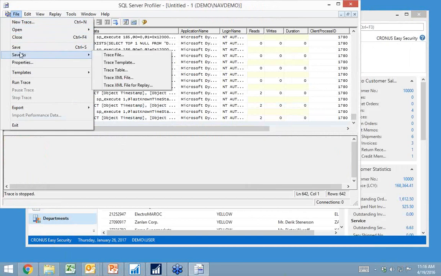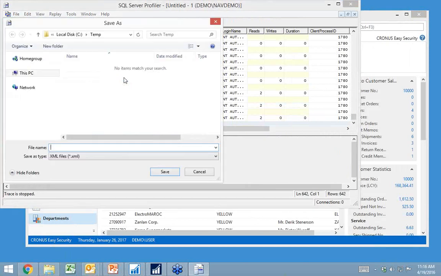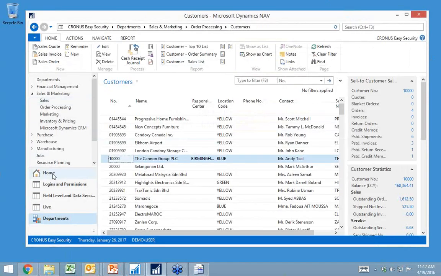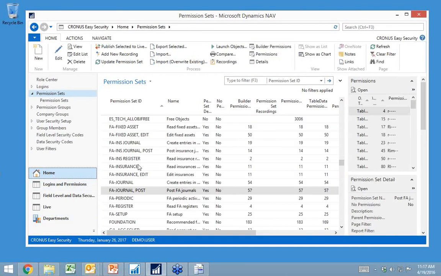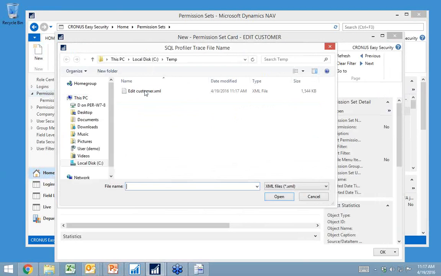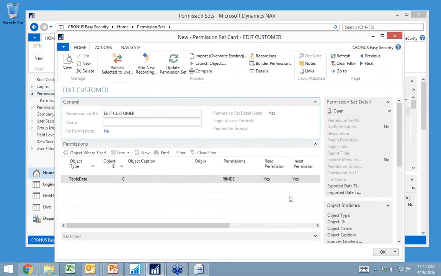So I will go here and save it as a trace XML file, and I will then go back to our solution and build a new permission set. I'll just call this one edit custom. I'll add the recording, and that's my XML file I saved.